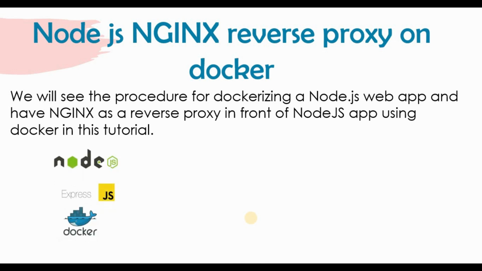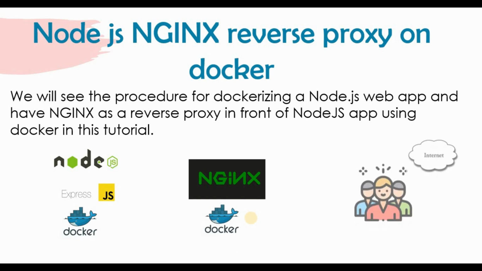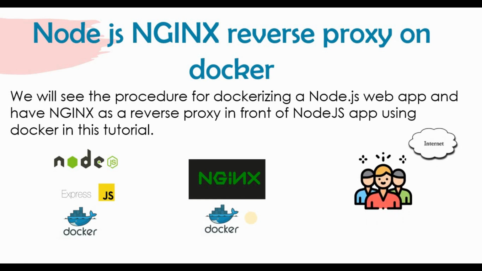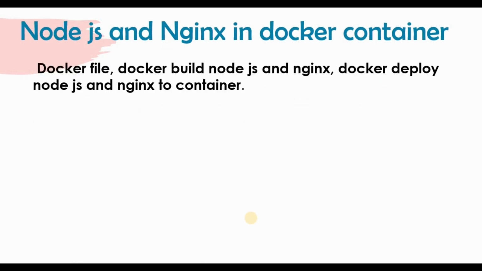So we had Node.js and Express.js on a Docker container. We have Nginx, and if a user is connecting from the internet, he will be contacting the Nginx IP address, right, and that will be routing to the Node.js, right? So we'll be getting the Node.js app to the user, but we will not be exposing the Node.js IP address to the user. Okay, so the steps we did in that tutorial: